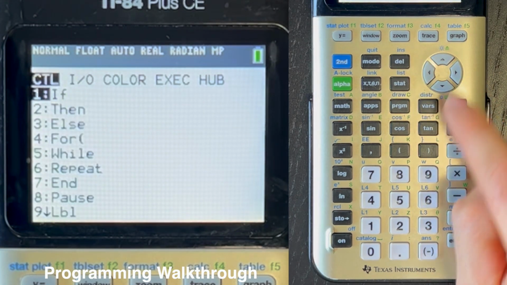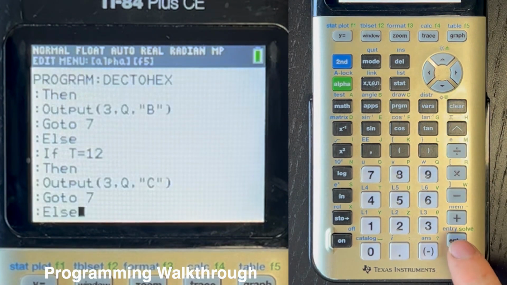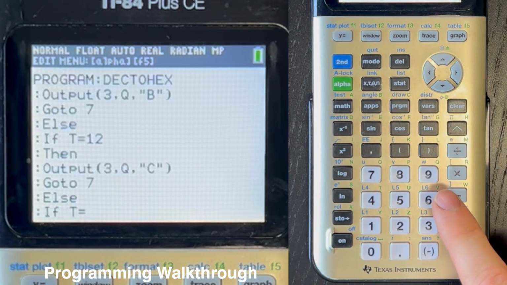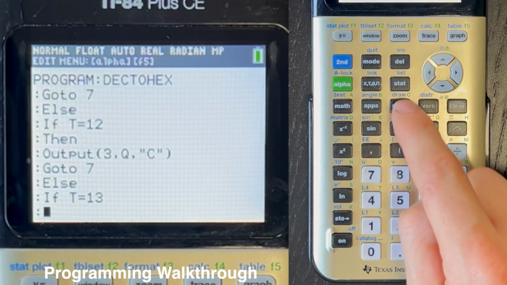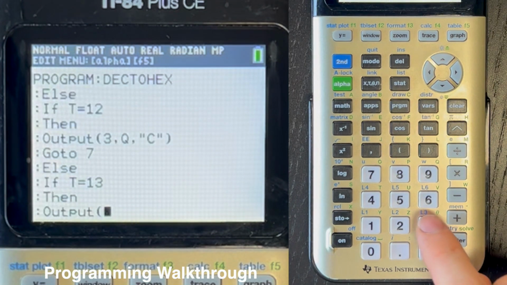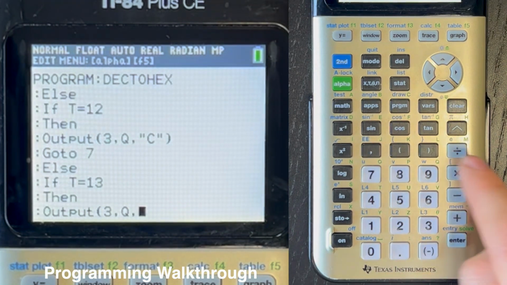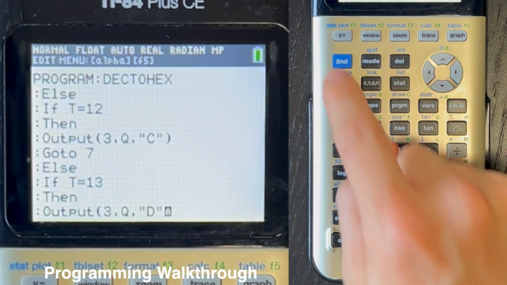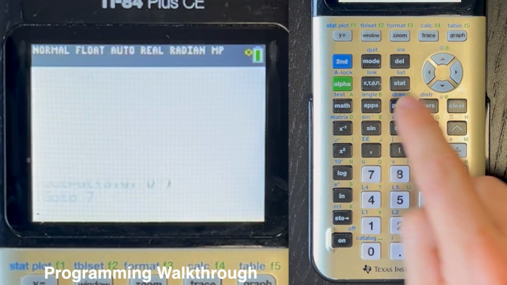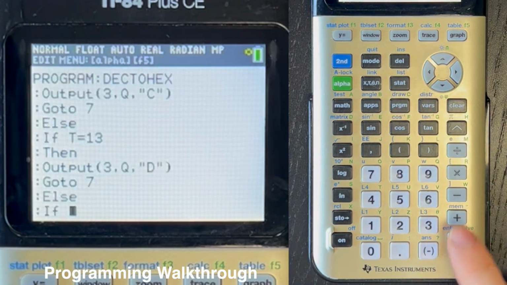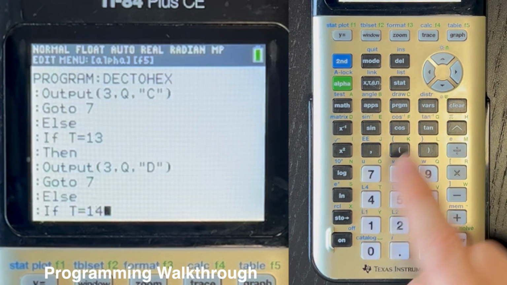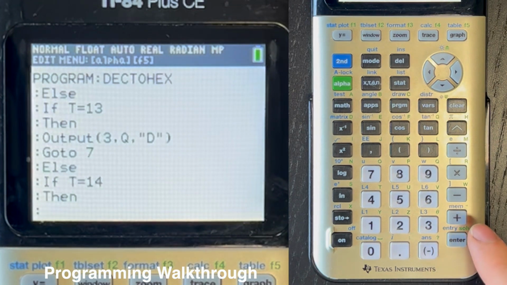program Goto 7 again, program Else, enter, program If alpha T equals 13, enter, program Then, enter, program Output(3, comma, alpha Q, comma, D, enter, program Goto 7, enter, program Else, enter, program If alpha T equals 97, just kidding, 14, enter, program Then, enter, program